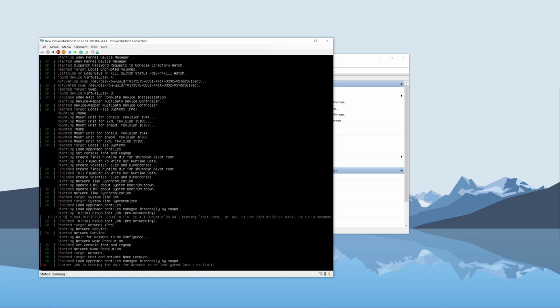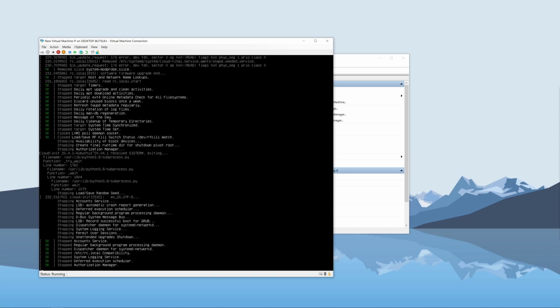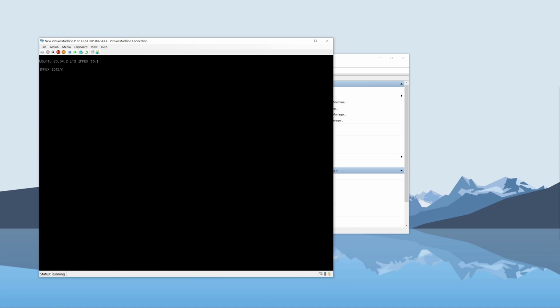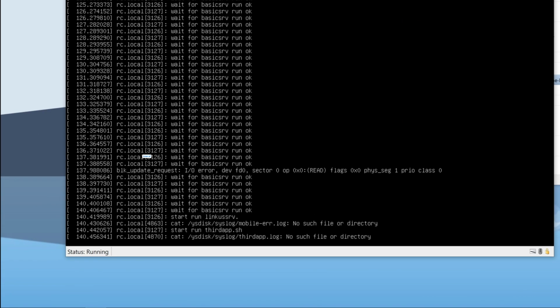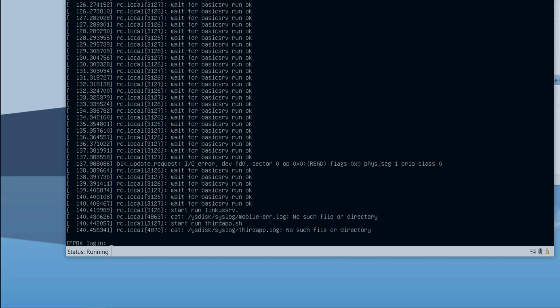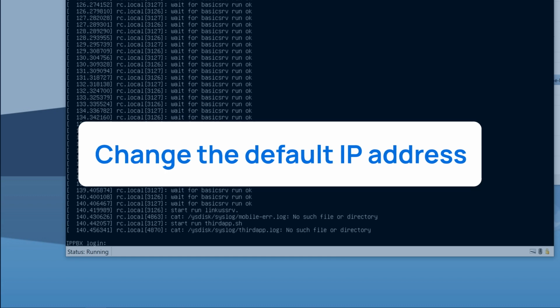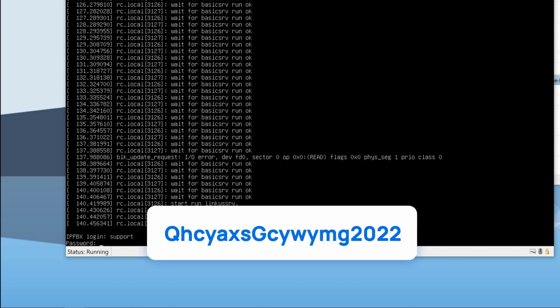The P-Series PBX Software Edition will be deployed. Wait till the installation process is not running, then press Enter. When it's finished, we will see IP PBX login. Now, we can change the default IP address of this PBX before we access it. Here at the IP PBX login prompt, put in support and press Enter. Then a password prompt. Type